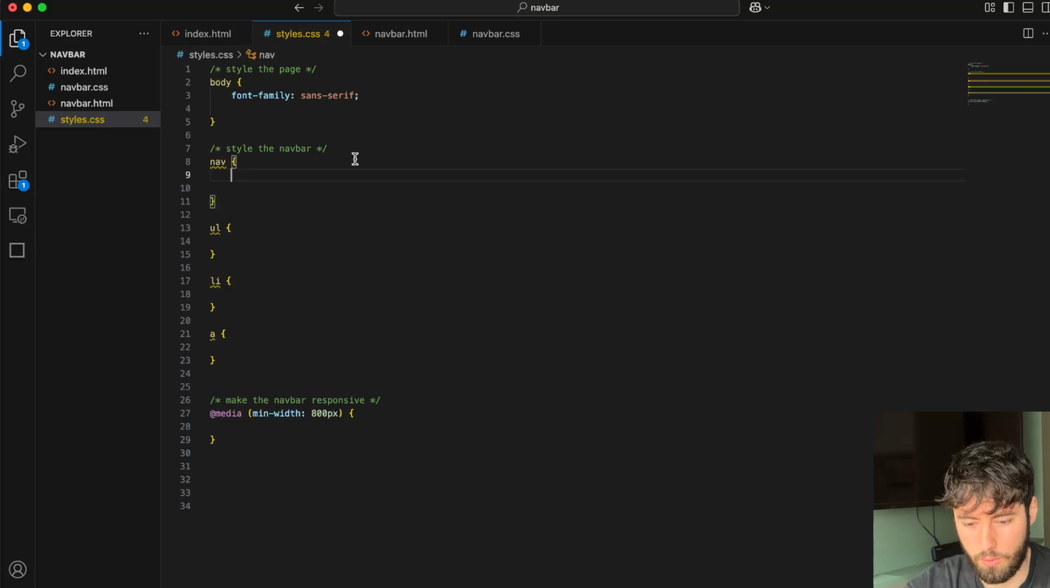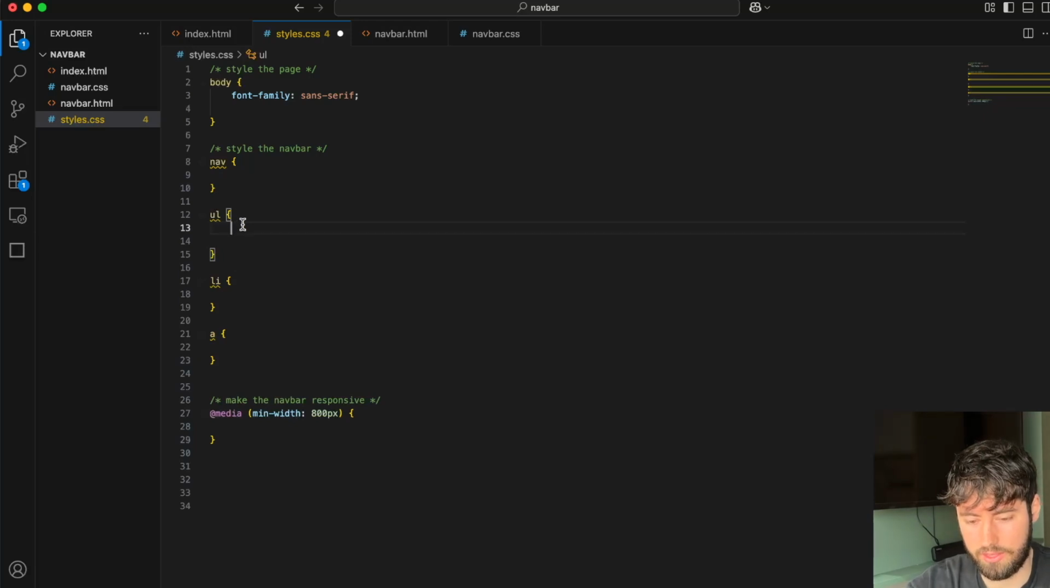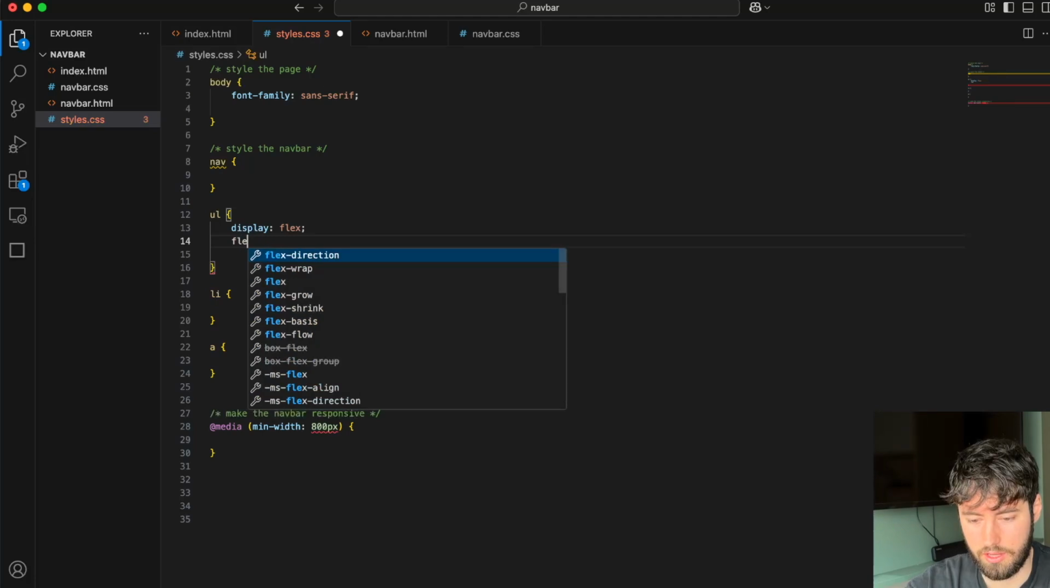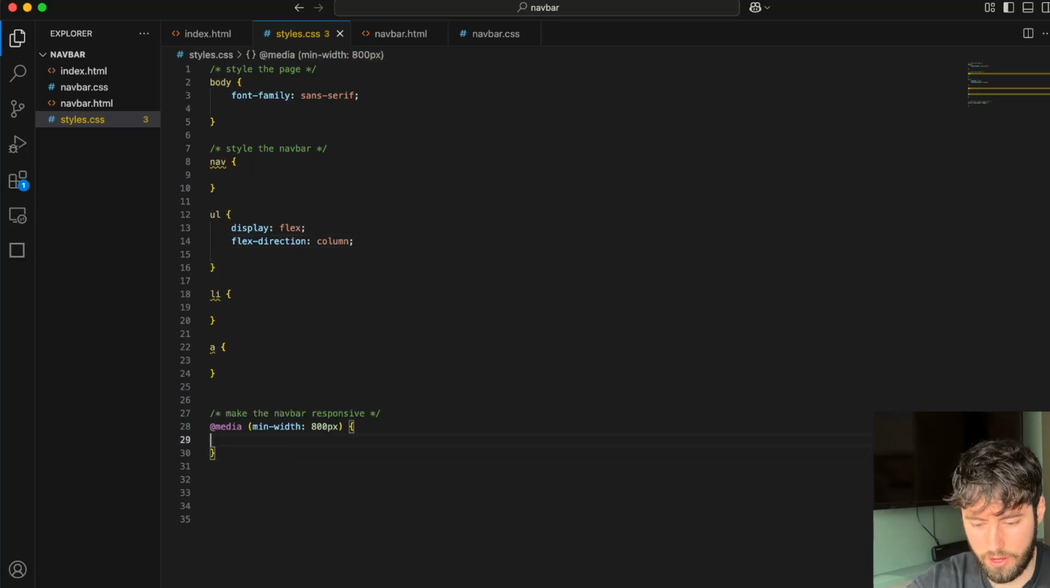And so we want to start with the nav bar, or really the links within the unordered list. We want this list to be flex. So we're going to say display flex to use flexbox, and then flex direction, and we want this to be a column because we're starting with mobile first. And then if we go to the media query,